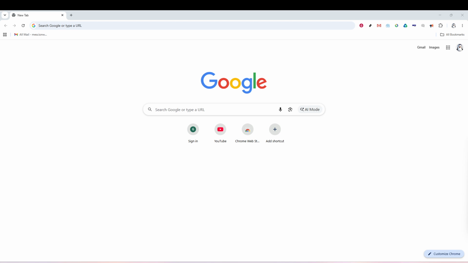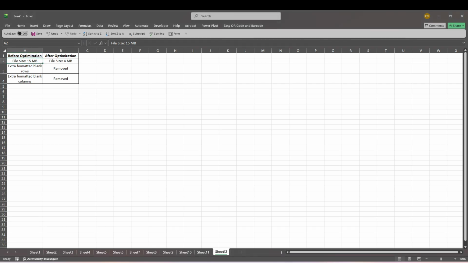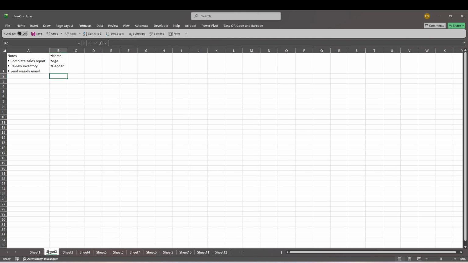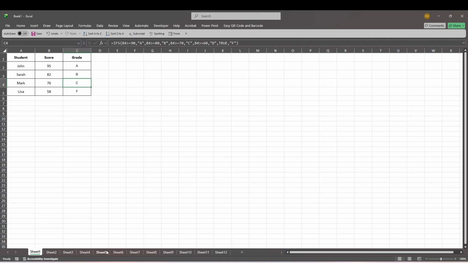empty on screen. To get started, open Microsoft Excel and then open the workbook you want to optimize. Once you're inside the file, the main goal is to clean up anything beyond the real data range. This is one of the easiest and most effective ways to reduce file size without changing the actual information you